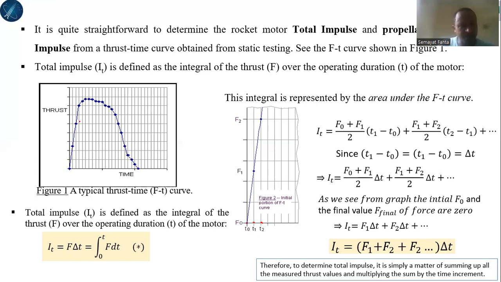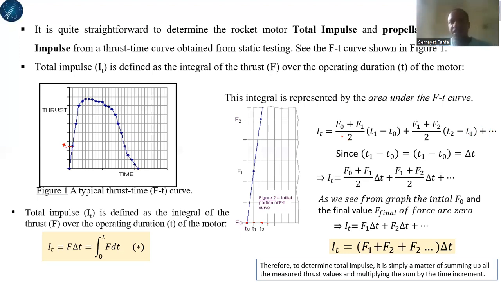Taking this part, the thrust for this point is F1, and the thrust for this part is F2. So simply averaging the area under the force time curve, or integrating it, is what gives us the total impulse. So this is a simple